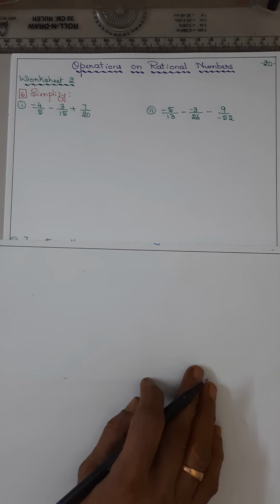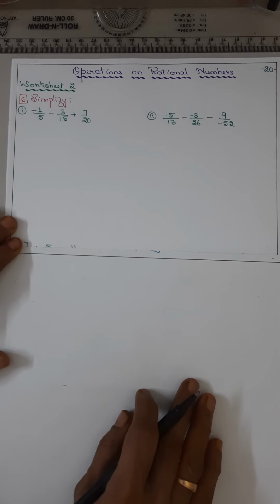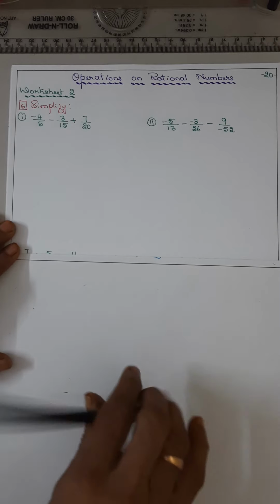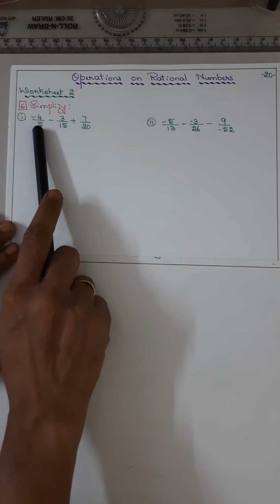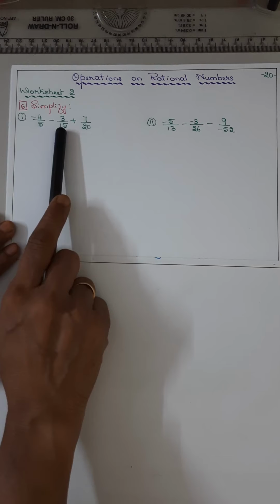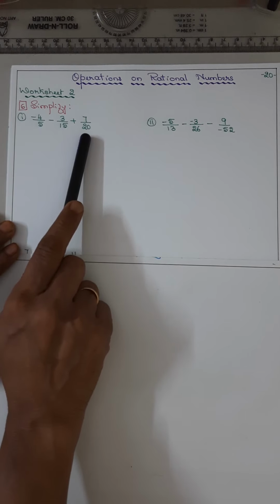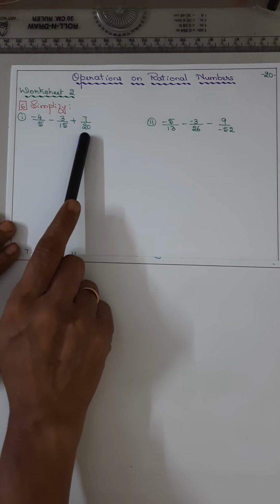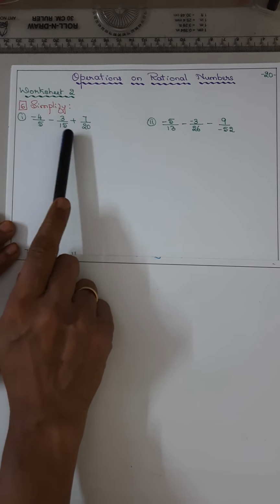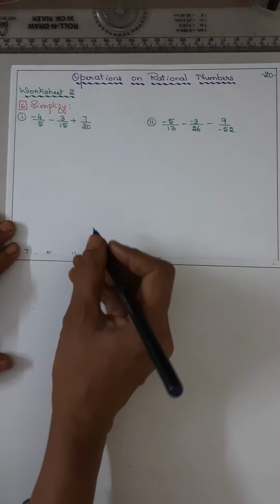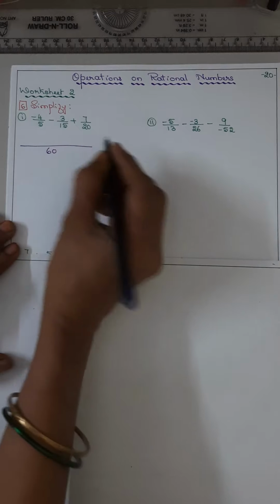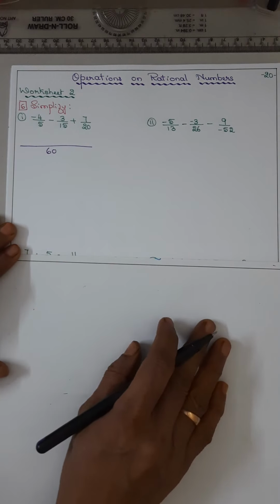The denominators are all positive, so directly you can take the LCM. Now the biggest number is 20. 20 ones are 20. 5 के टेबल में है, 15 में नहीं है. 5 twos are 40. 5 के टेबल में है, 15 के नहीं. 5 threes are 60. So in both it is there. So we will take the LCM as 60. तो डायरेक्टली करने का अभी कॉन्फिडेंट है आप लोग, है ना?